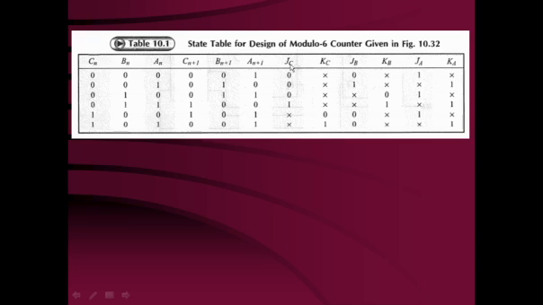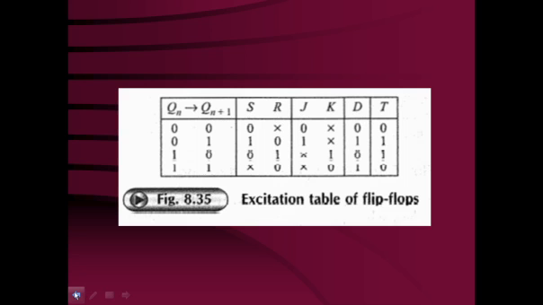That means for this requirement of going from Cn to Cn plus 1, the initial state is going to be 0. This is the initial state. We start from state number 0, 0, 0. This you can obtain from the state transition diagram. What is the next state? 0, 0, 1. So you can go back to the state transition diagram, which is the requirement given to you.